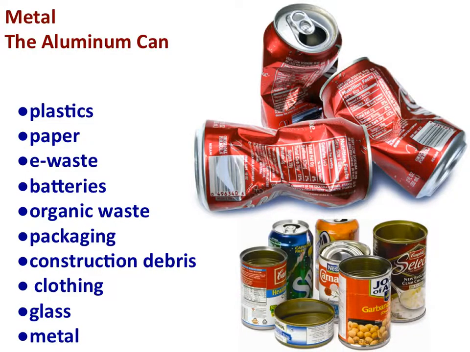And last but not least of all the solid domestic waste types is the classic aluminum can. In the U.S. alone, more than 1 million tons of aluminum containers are thrown away each year. Americans throw away enough aluminum every 3 months to rebuild our entire commercial air fleet. Last year, approximately 36 billion aluminum cans were landfilled.